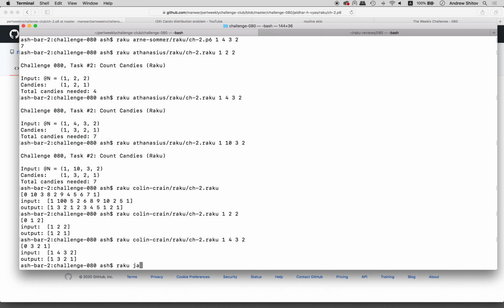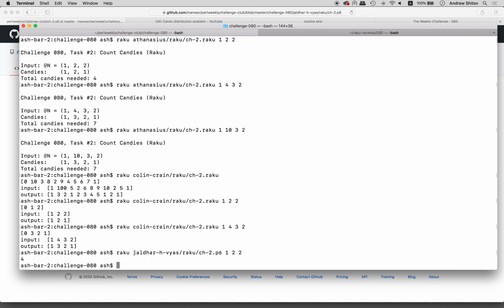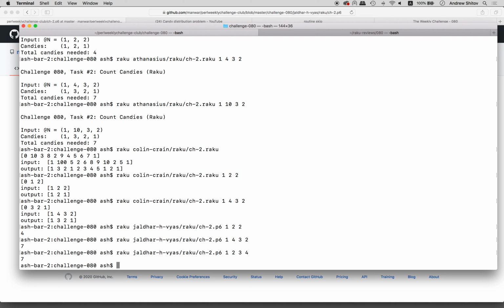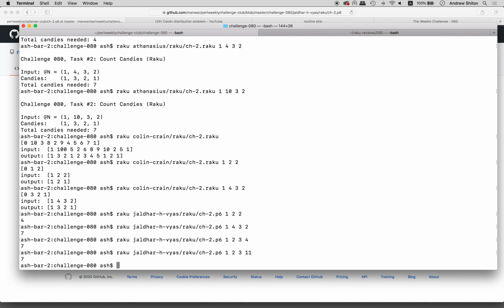Raku, Jaldhar Raku: 2, 1, 2, 2 is 4, 1, 4, 3, 2 is 4. Notice by the way that this potentially can give different results, right? I wonder why there's no change. So here we have